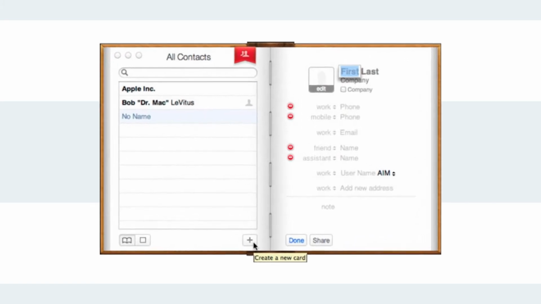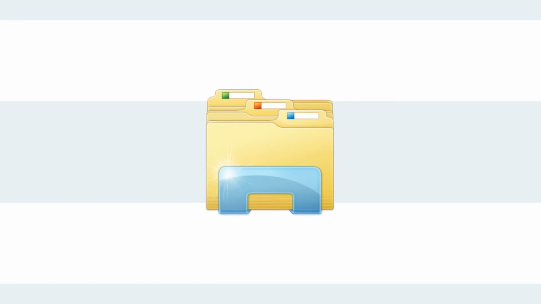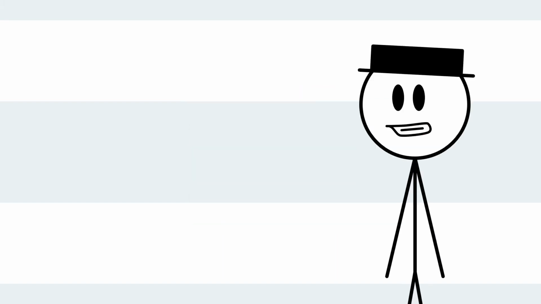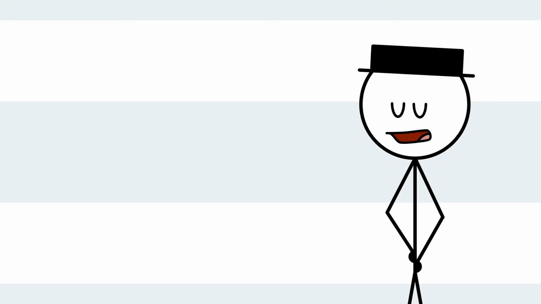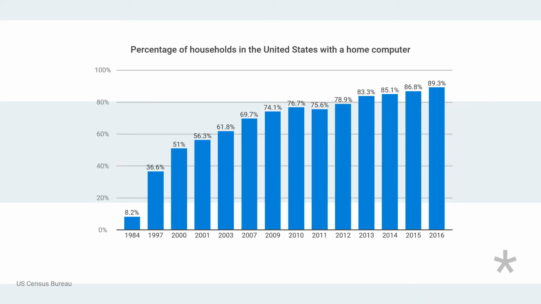For example, Apple introduced a Contacts app onto Mac OS X that resembled a traditional leather address book, and the icon for the Windows File Explorer resembled a shiny filing cabinet. These designs provided more of an intuitive feel towards using technology and helped transition the world to computers and office systems. As more and more people became familiar with the ins and outs of using a computer, the need for realistic icons was lost.